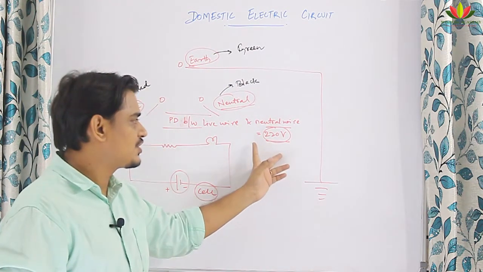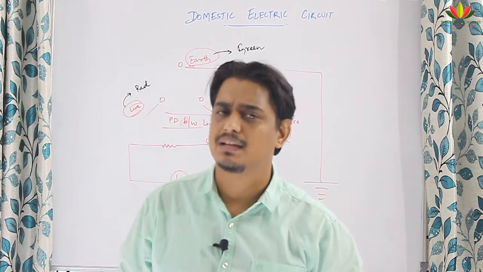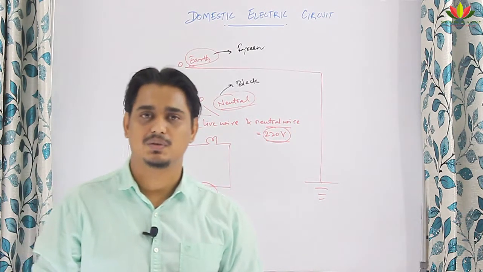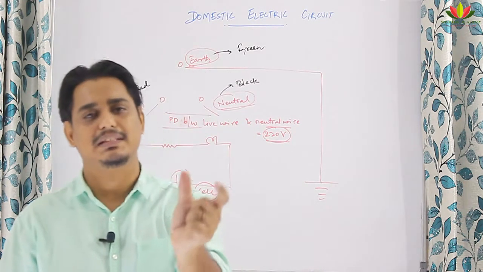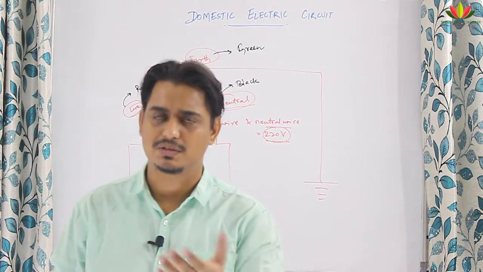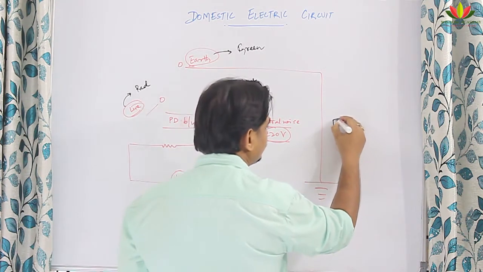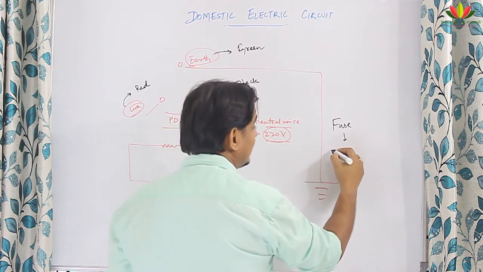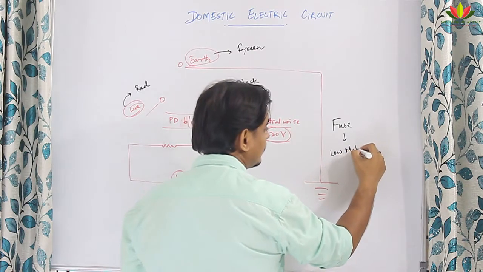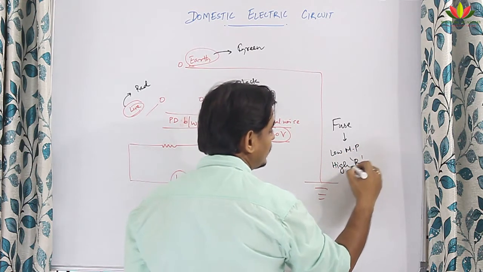And I told you the potential difference in India is 220 volt. And I have already talked in the previous class about fuse wire. So what is fuse? Fuse is present again to protect against the flow of excess current in your circuits. So what is fuse made up of? Electric fuse is made up of material which has low melting point and high resistance. I told you the reason for these two things also.